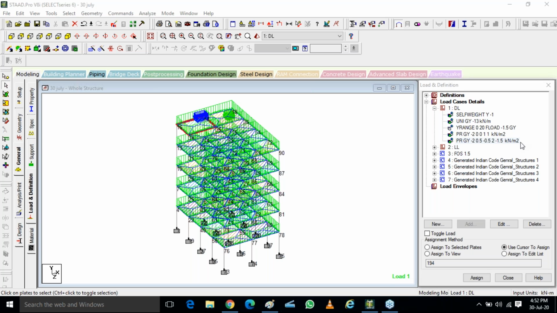Just raise hand if you have any doubt. No one has any doubt. Okay, great. So for next class, you are going to first read your wind load IS code and your seismic load IS code, and we are going to do wind load analysis and seismic load analysis in next class. Seismic load is a bit bigger one, so we will try to cover seismic first, and then we'll do wind load. Any doubt with anyone? Please message me in the group.